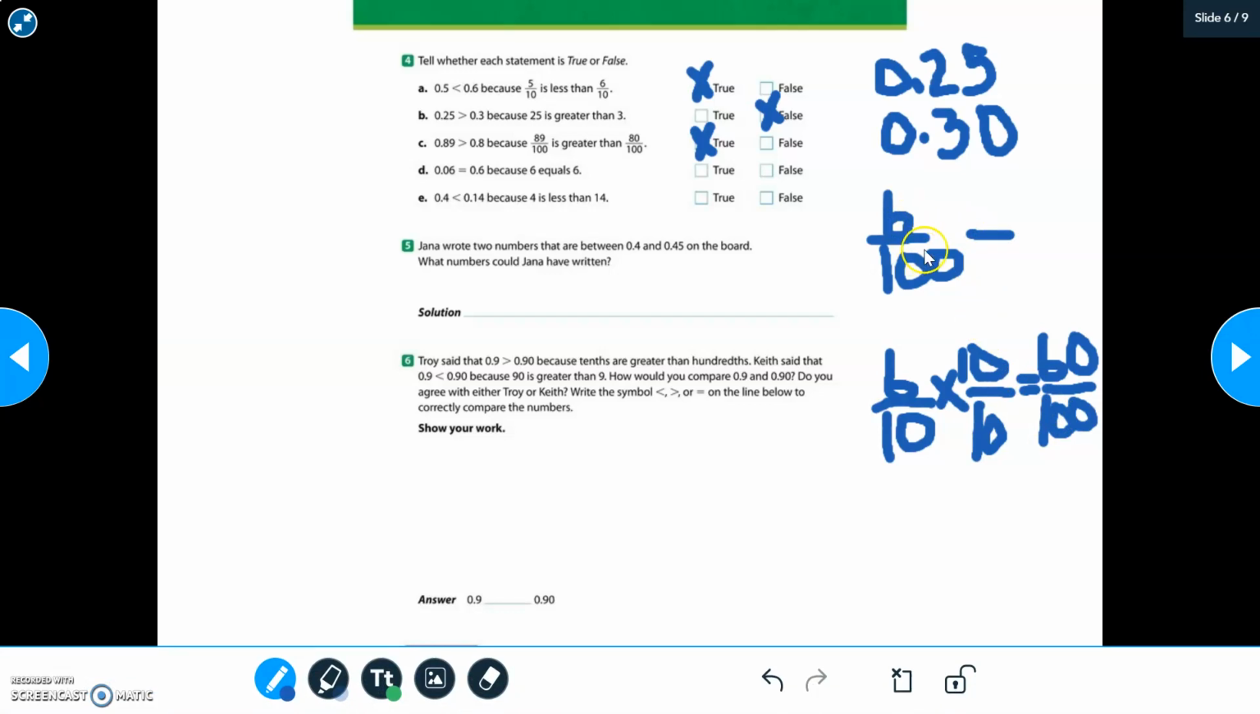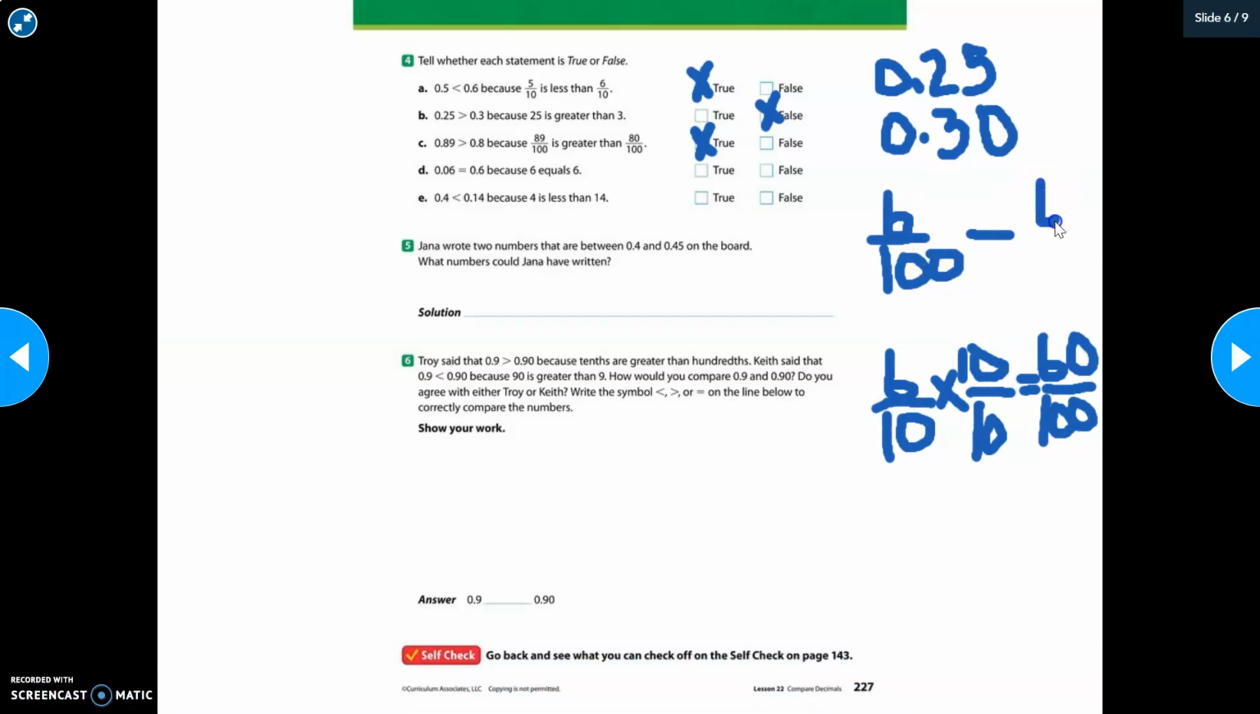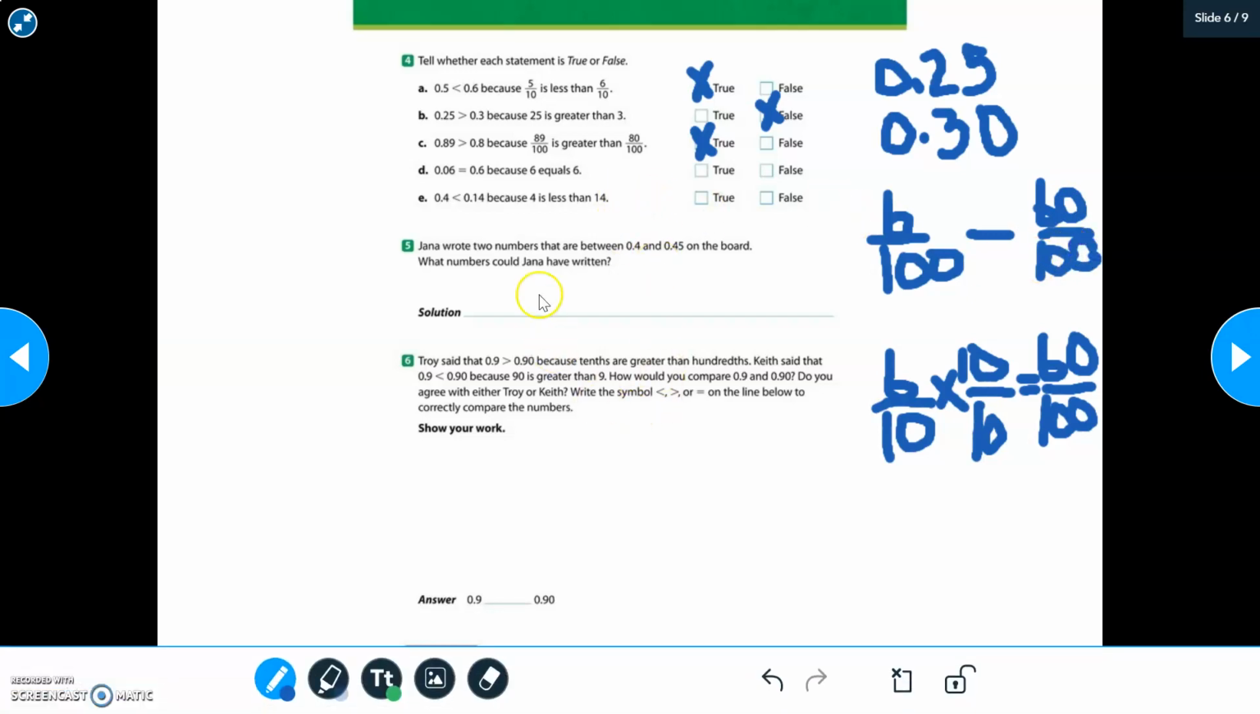So we have 6/100 and we have 60/100. So let's go back and see, was that statement true or was it false? So it says that 6/100 is equal to 60/100. And as we can see, that is definitely not correct because 6 is less than 60. So the correct answer will be 6/100 is less